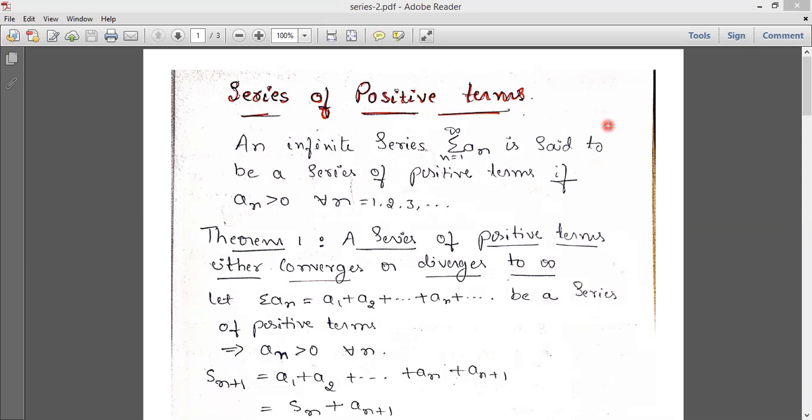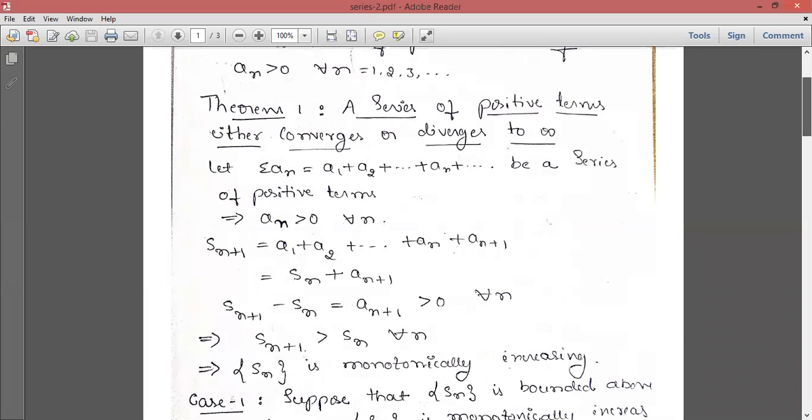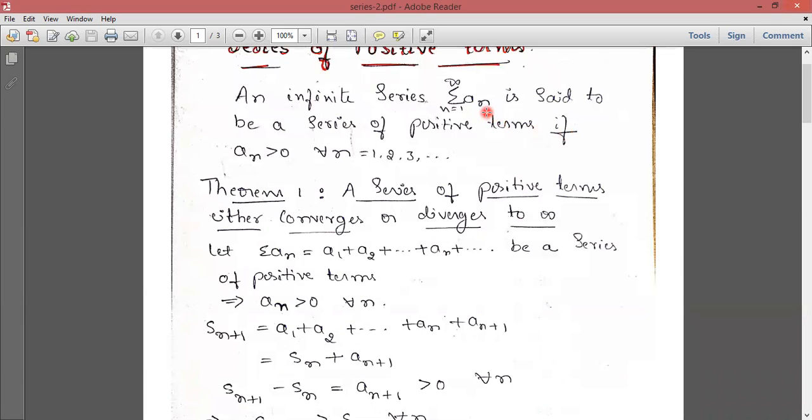Before going to the results, first let us see what is series of positive terms. An infinite series sigma an is said to be series of positive terms if an is greater than 0 for all n is equal to 1, 2, 3, etc. That means sigma an is said to be series of positive terms if each term of the series is positive. Okay. So now moving on to the first result,